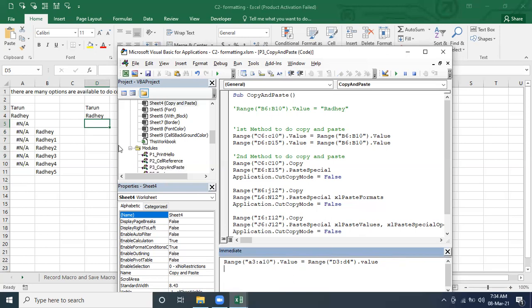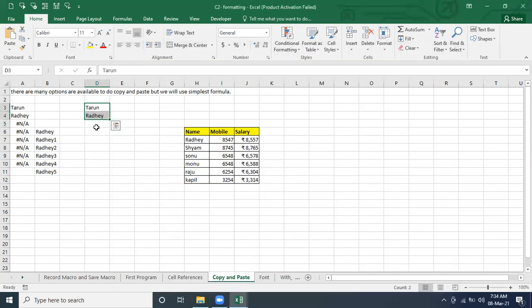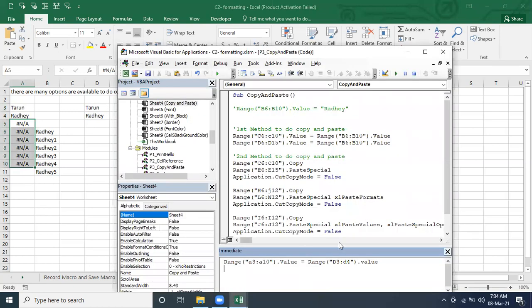So here, when we are talking about the name range, earlier it was passing Tarun. But now if you copy the two cell values and paste them into a different range, then it's going to paste into the similar range, and the other cells are going to be skipped, showing not available. If you pick an individual cell, D4, and pass it to A3 to 18, it is assigned to every record.